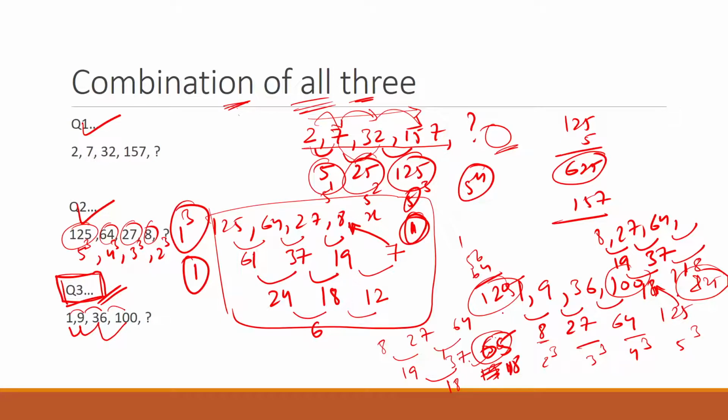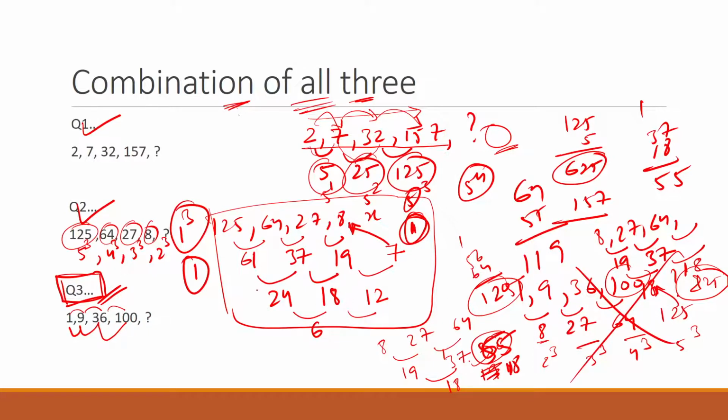37 plus 18, 8 plus 7, 15, 3, 4, 5, 55. This will give me 55. 64 plus 55, that becomes 119, and 119 to 100, this will not work out. So sometimes the difference doesn't work out, so you need to use this old logic that 8, 27, and this was